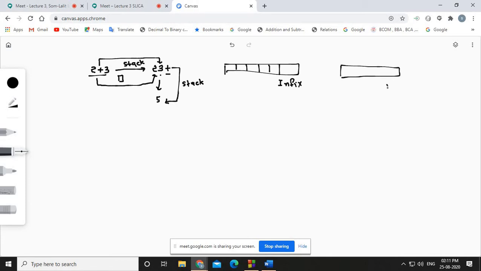Apart from the postfix array, we have one more thing, which is called a stack. Whatever expression is entered by the user, we copy into the infix array. For example, suppose the user has written 2 plus 3 into 5, and then the user presses enter.